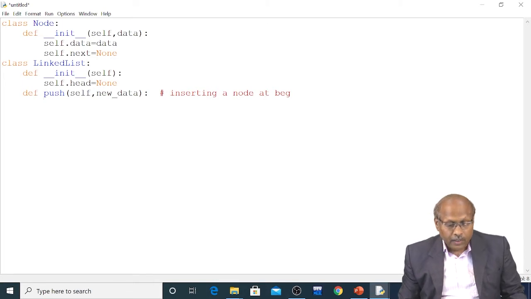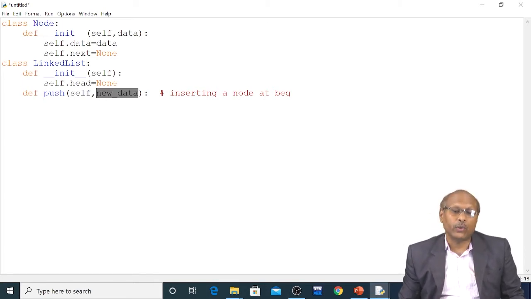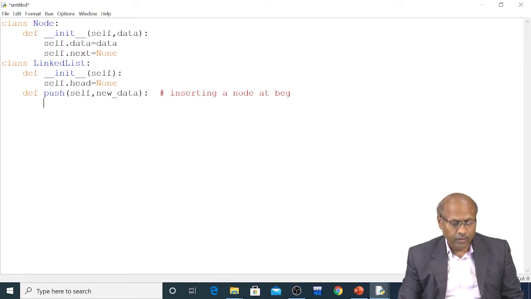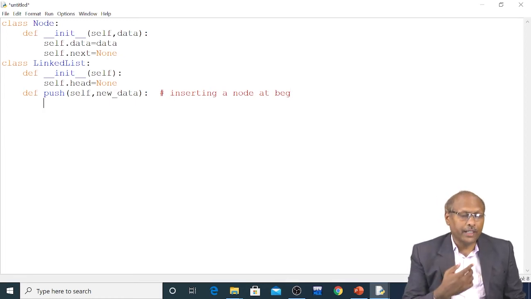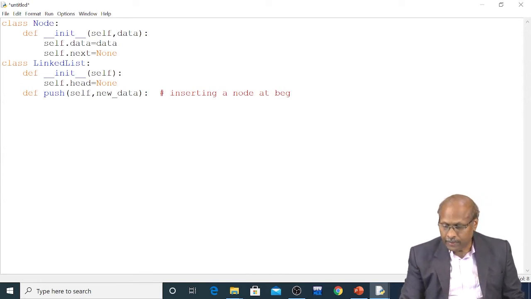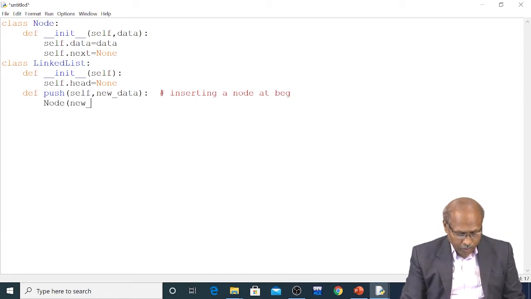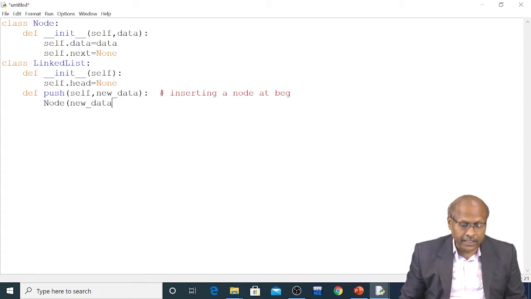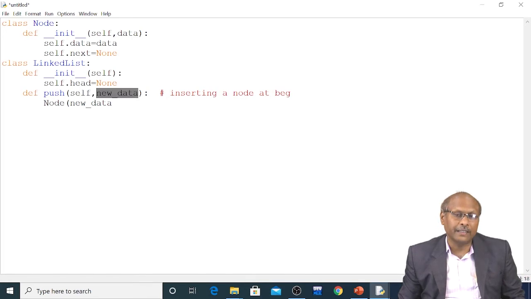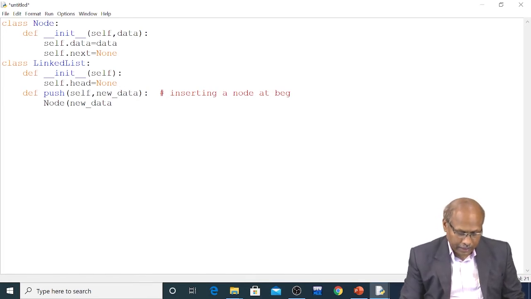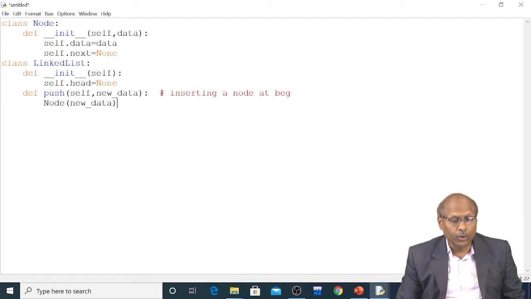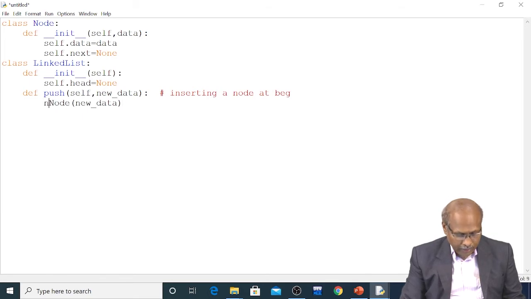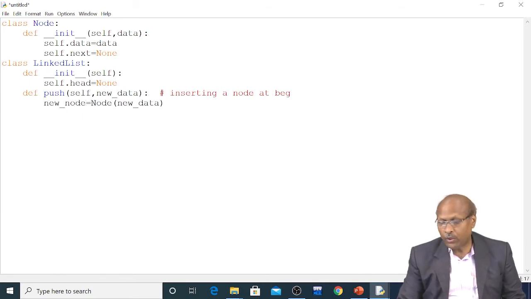Now, whatever data you have passed, for this data you have to create a node. Now, how to create a node? Because my built-in class Node is already there. This Node class I should call. Now, Node is my class, followed by new_data, because this data is my parameter. Whatever parameter you are passing, that parameter I am passing to this class. So that means one object is ready. Which object? Node object. This Node object I should assign to new_node. My new_node is ready.